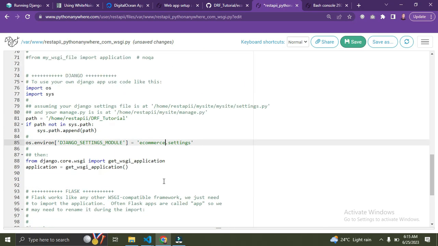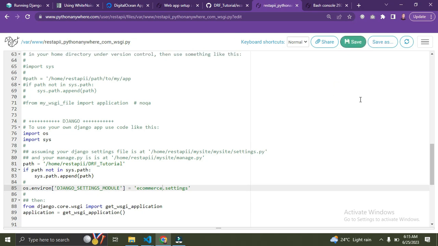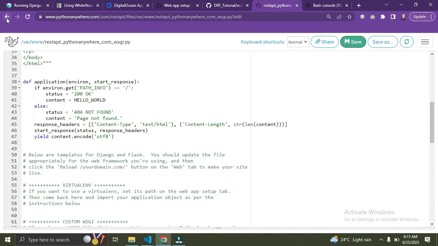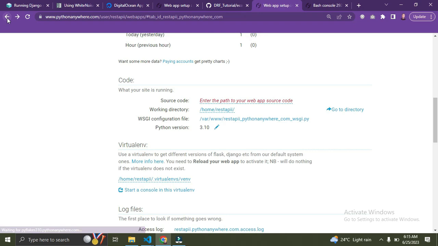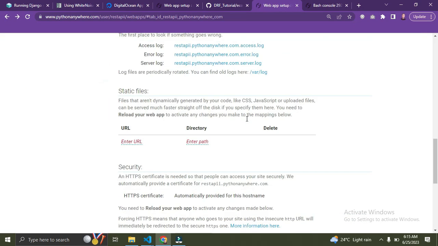Once you're done with all this, make sure you click on the save button on the top right corner. Once it's done saving, let's go back. Okay, so you're back here again. The next thing for us to do now is,